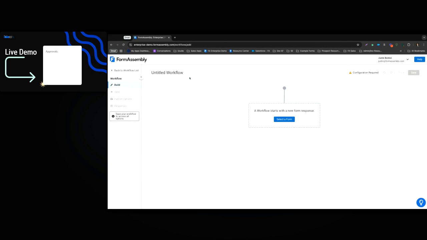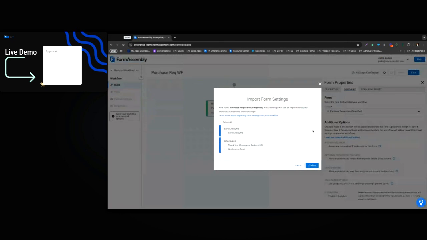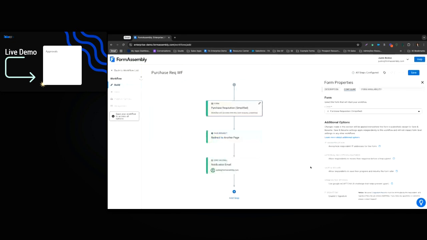As always, the first thing I'll do is name my workflow and then set up that first form. When I select my form, I'll navigate to the Configure tab, find my form, which I can start searching through. And again, we mentioned earlier that there's going to be a way to import anything that's already applied to that form. So this is where I can select all of the steps, or in some cases, maybe I don't want to have save and resume here, but I do want to utilize the existing thank you message or redirect URL and notification email. With one click, those are applied into the workflow, and I can save, launching everything ready for